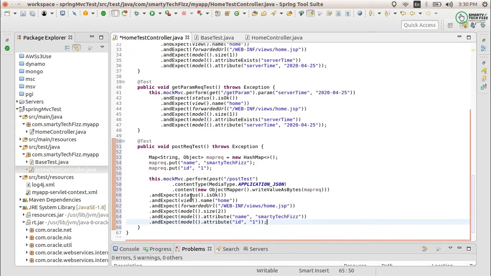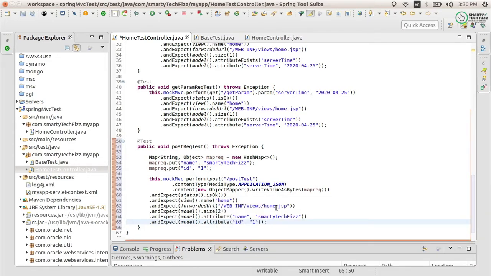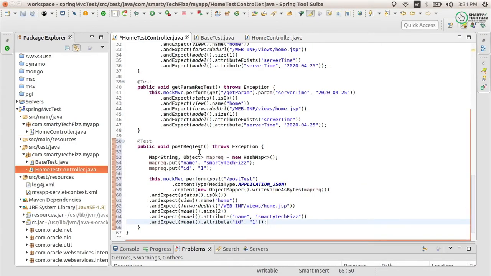The view is home, the forwarded URL should be home.jsp, and the model size should be 2, as I know it has 2 model attributes. You can provide 1 and test the negative test case. The model attributes should be name with value Smarty Tech Fest, and the attribute id with value 1. This is only testing the views and models.